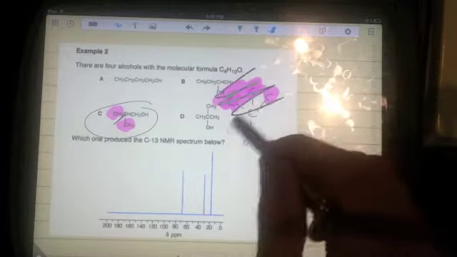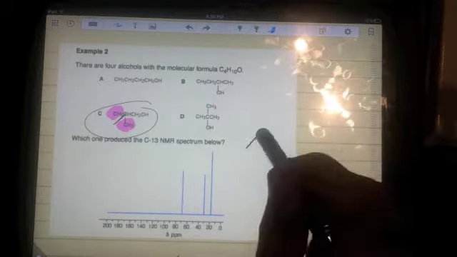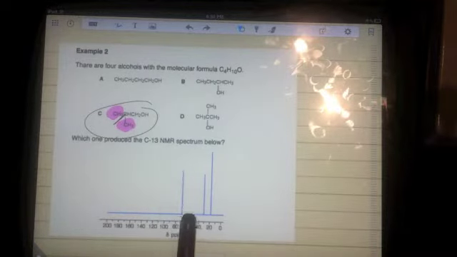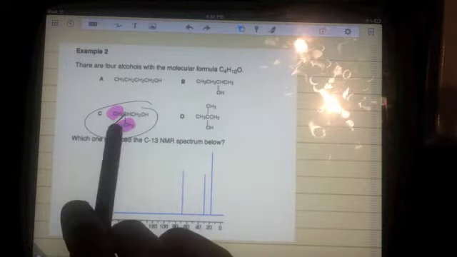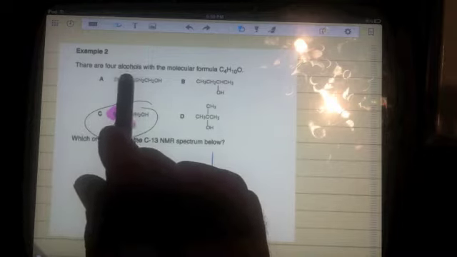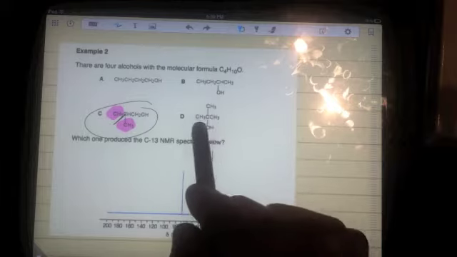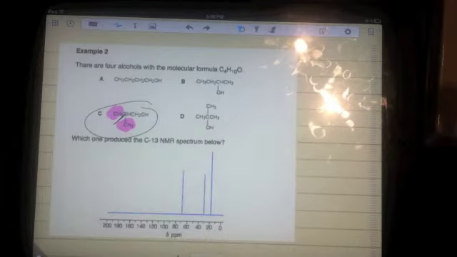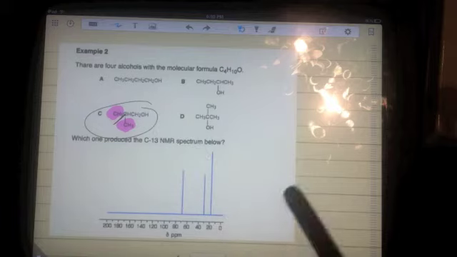Alright, so the only one that would form these 3 lines would be this one here, because he's got the 3 carbon environments. This one's got 4 environments, this one's got 4 environments, this one only's got 2 environments, this one is the right one. If we look at this a bit closer,